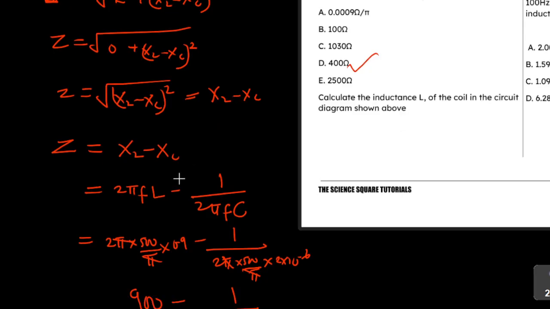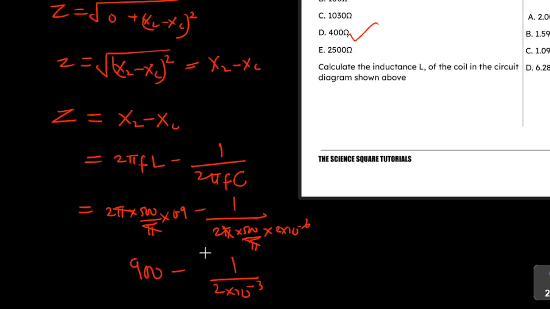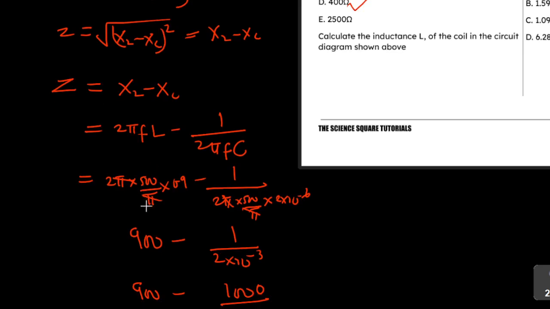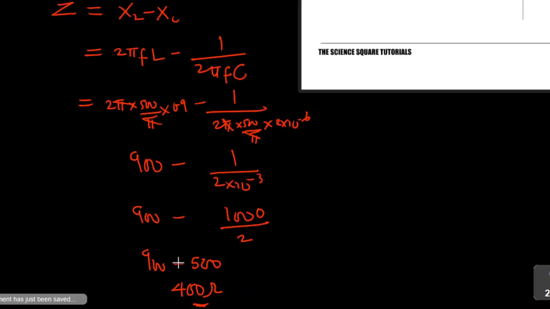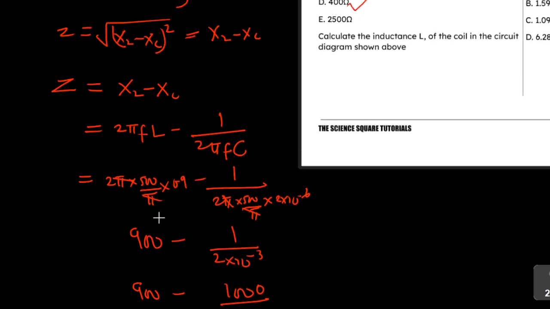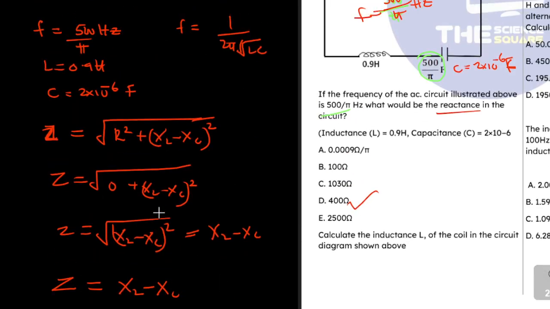So our XL can be computed by 2 pi f multiplied by L, minus 1 over 2 pi f multiplied by C. So substituting all the given values without any stress, we can quickly compute the reactance due to the inductor and the reactance due to the capacitor. Then we take the difference of the two to get the effective reactance in a circuit that contains